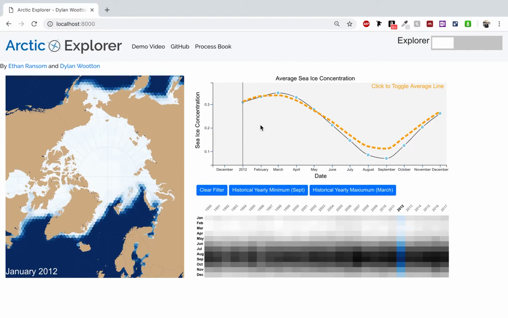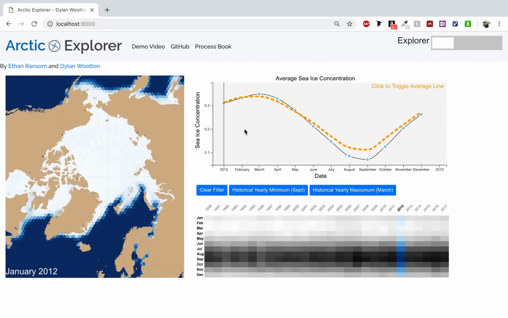Welcome to Arctic Explorer, a tool that lets users look at temporal and spatial trends in sea ice concentration. In the Explorer mode, the tool displays global sea ice data. On the map, you can see the concentration of sea ice with white representing high concentration and dark blue representing low ice concentration. The line chart on the right is used to explore how the average concentration of sea ice